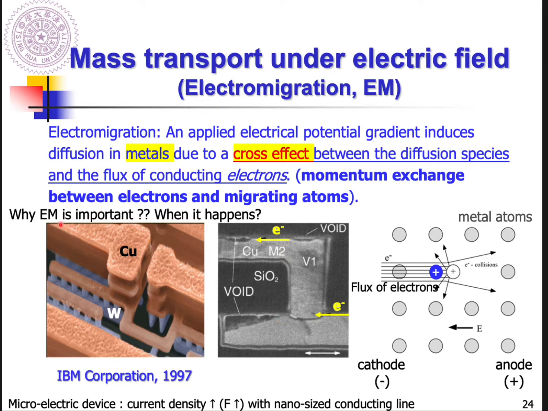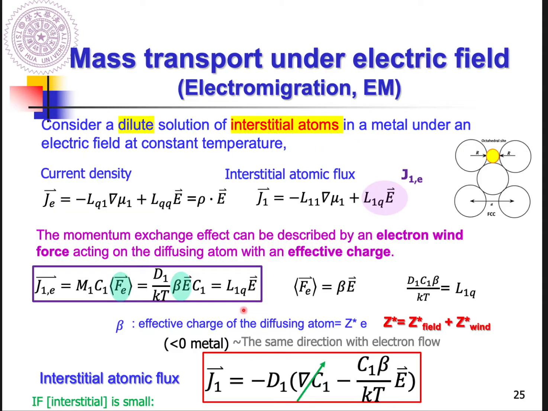So this is why electron migration is so important. As IC designers, we want to avoid the EM damage, including the void and also the extrusion we mentioned in the previous class. In order to quantitatively calculate the atomic flux driven by the electrical field you apply on these metal materials, then you can